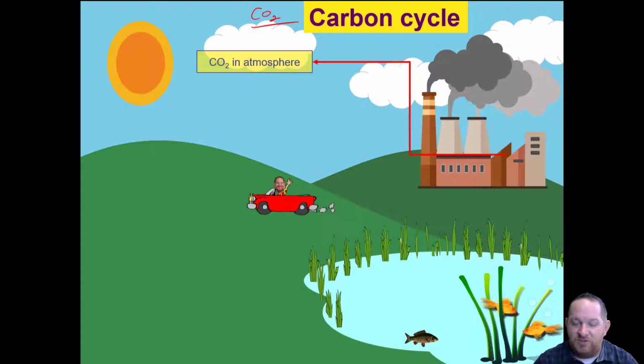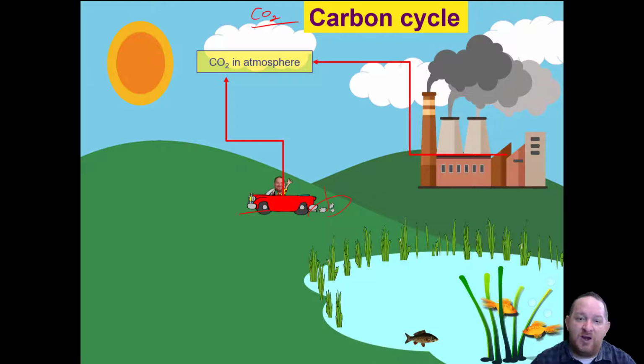Another thing that puts a lot of carbon dioxide into the atmosphere is when I drive my car, right? I wish I had a cute little car like that. But if you do, and you have a car that's putting out a lot of exhaust, how does this car run? Well, gasoline, which is a fossil fuel that you're burning. We know fossils contain a lot of carbon. When you burn them, that carbon, of course, goes right into the atmosphere. So we're putting carbon dioxide into the atmosphere by factories and by our transportation. That's how we get it in the atmosphere.